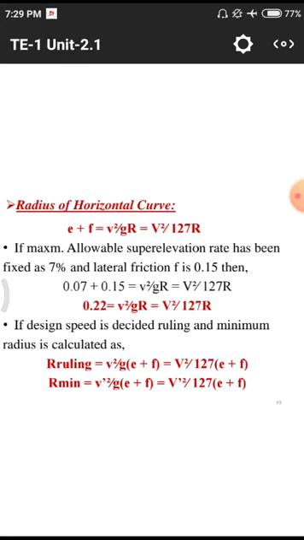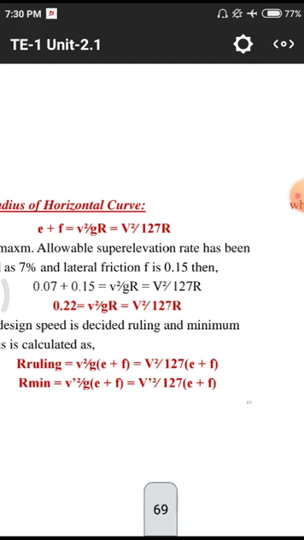Sites, we need to plan according to those, so that we have to plan these radii for rolling and minimum values, so that V square by G of E plus F equals this value, so R equals V square by G of E plus F. Total radius will depend upon this elevation plus friction. For R minimum also we have this formula, V square by G of E plus F. So for both rolling terrains and minimum values we use the above formula, V square by GR. Why? Because E plus F equals 0.22.